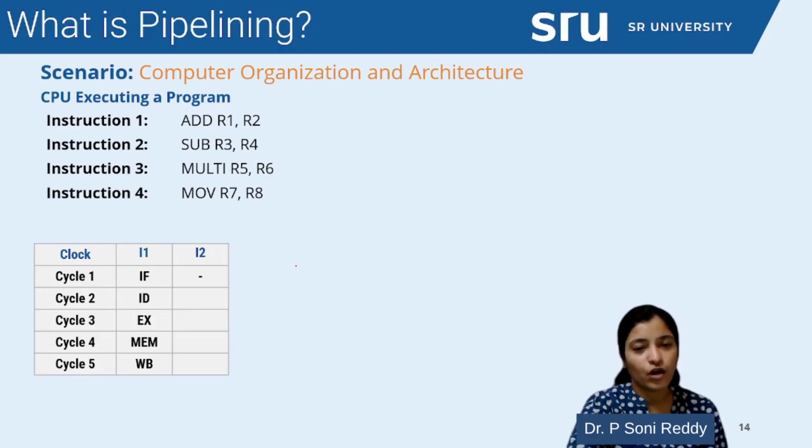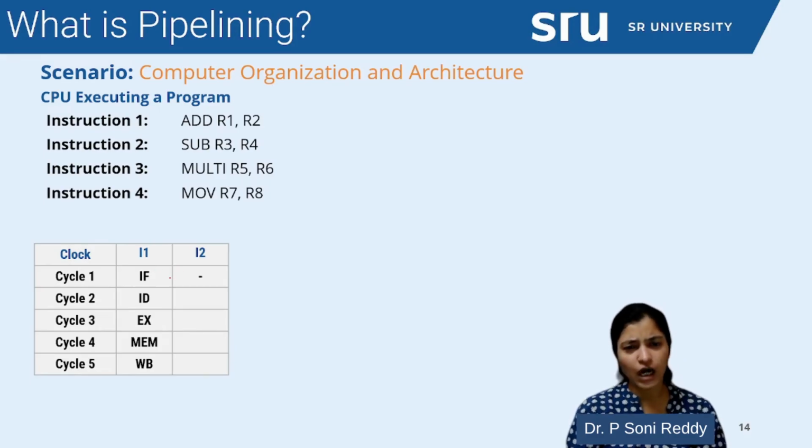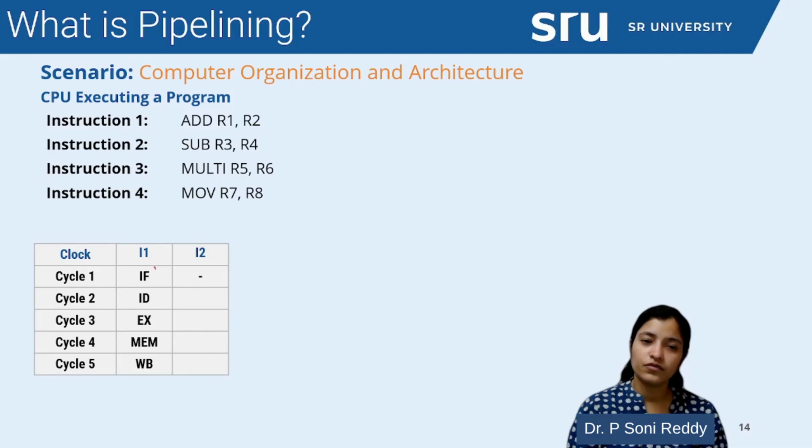Now, for the second instruction, how are we going to do parallel processing? Just like we studied the assembly line, how the finished toy car was generated: when the first person was doing painting, the second person was waiting. In this case, the first person means the first instruction is being executed in the fetch cycle. That means I am reading instruction number 1 in clock cycle number 1. When I am reading this step, the next instruction has to wait. So we are doing nothing here, meaning we are actually waiting.